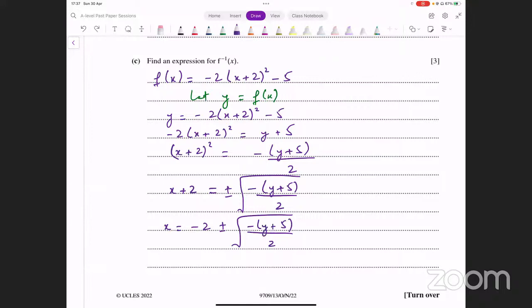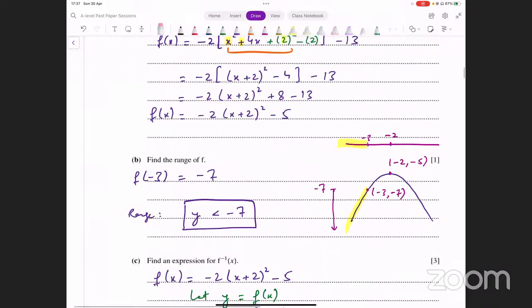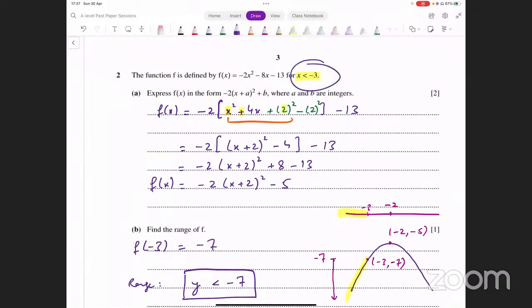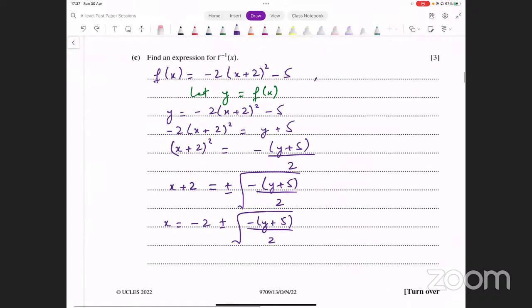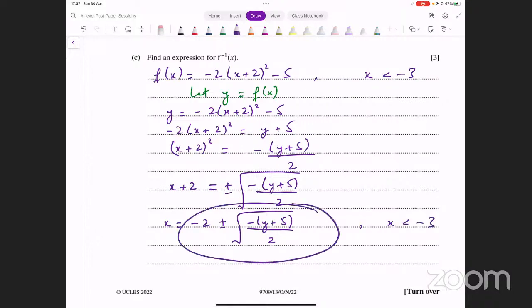अब आप इसको इनवर्स फॉर्म में लिखना है, लेकिन बिफोर यू डू दैट, एट दिस पॉइंट यू शुड फिगर आउट वेदर यू गोइंग टू टेक प्लस हियर और माइनस हियर। इसमें से प्लस वाला साइन यूज करना है या माइनस वाला साइन यूज करना है। अब वो कैसे देखेंगे, आपको डोमेन दी हुई है यहाँ पे फंक्शन की, द फंक्शंस डोमेन इज x लेस देन -3, सो कीप दैट इन माइंड। x की वैल्यू जो है फंक्शन के अंदर वो -3 से कम हो सकती है। इसका मतलब ये है आपके पास यहाँ पे जो हमने x को सब्जेक्ट बना लिया, x has to be less than -3।